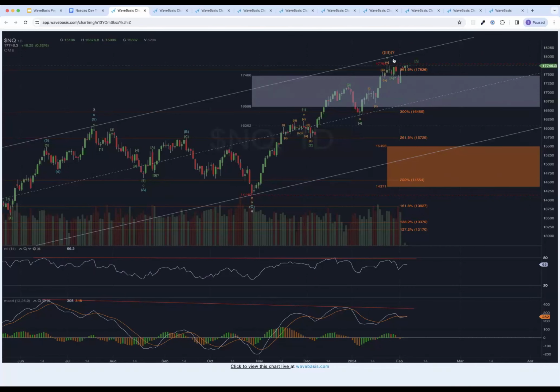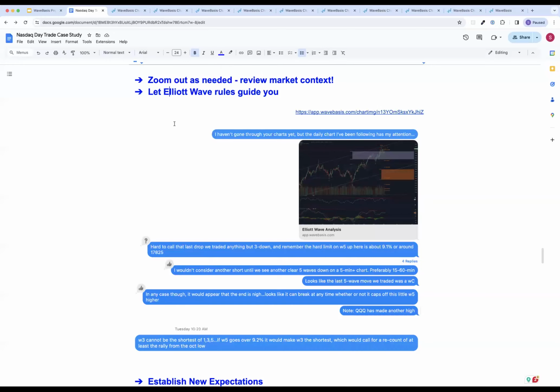Otherwise, if this kept rallying beyond the length in percentage terms of wave 3, this would require a recount to reorient where we were looking for the top of this wave 3. Again, keeping the most central rule of Elliott Wave analysis. I think most analysts would agree that wave 3 can never be the shortest of the 3 waves, 1, 3, and 5. Keep that in front of your mind.